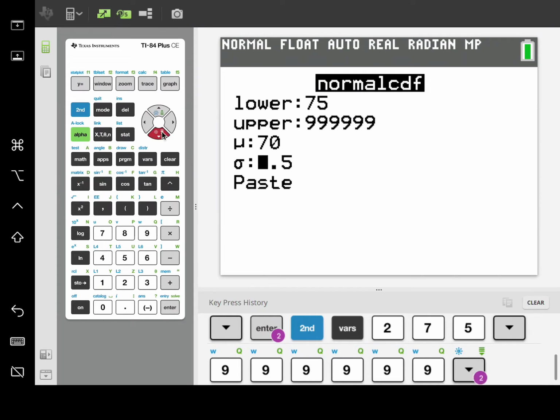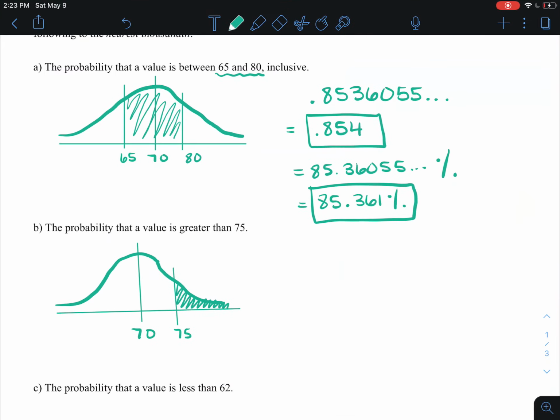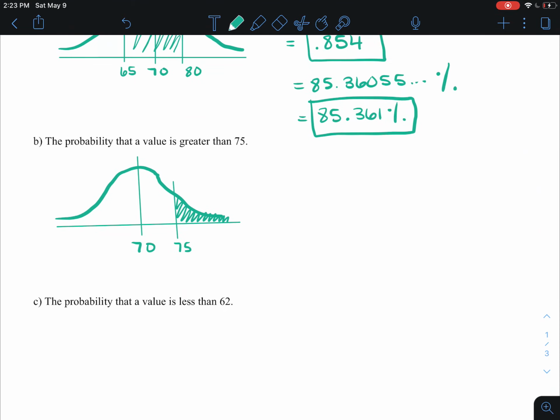We don't have to change the average or the standard deviation because we're working within the same parameters. So I'm just going to paste that, and I'm going to get this value now of 0.11326. Let's come back to my notes. So again, you could leave that in decimal form. So we'll say 0.113, or if you changed this to a percent, 13.3